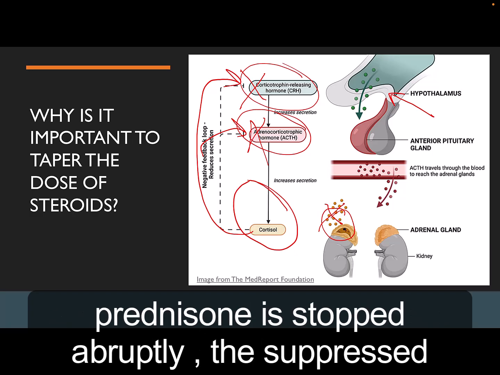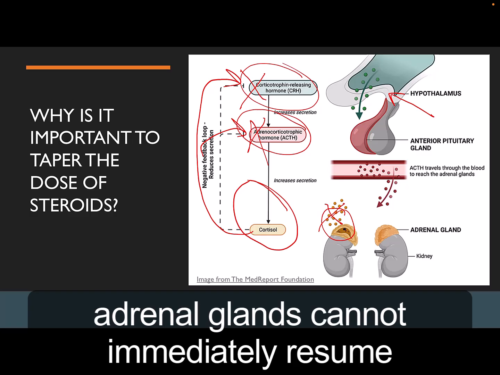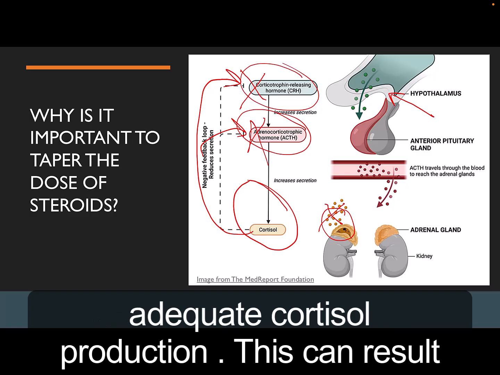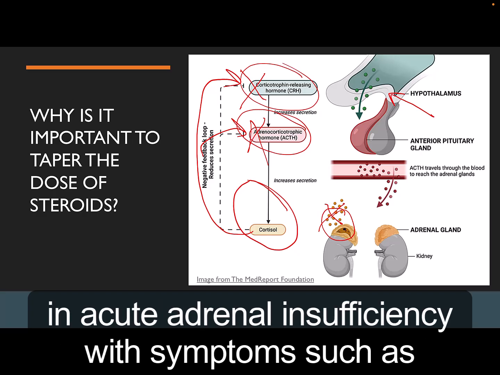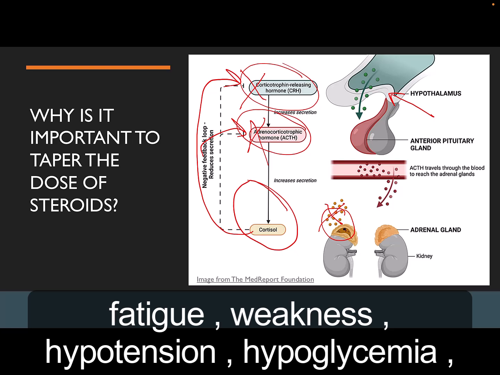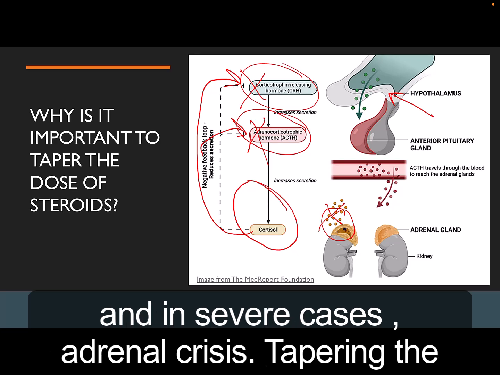If prednisone is stopped abruptly, the suppressed adrenal glands cannot immediately resume adequate cortisol production. This can result in acute adrenal insufficiency with symptoms such as fatigue, weakness, hypotension, hypoglycemia, and in severe cases, adrenal